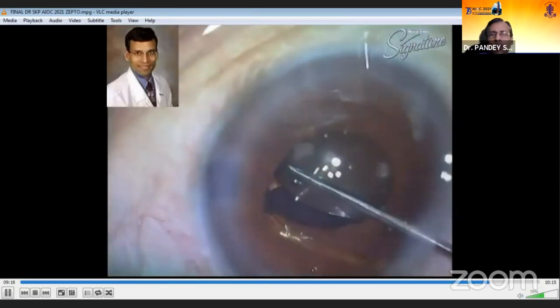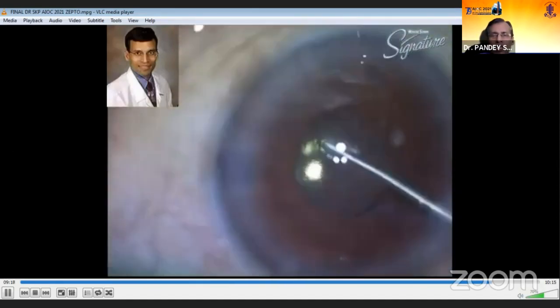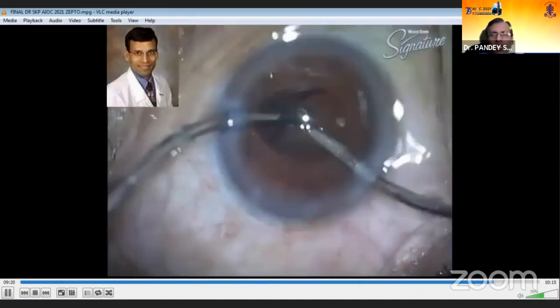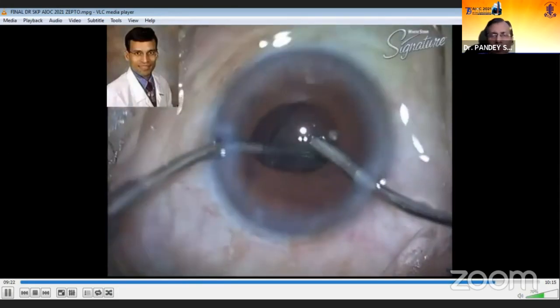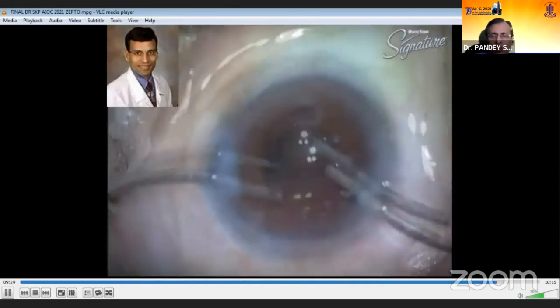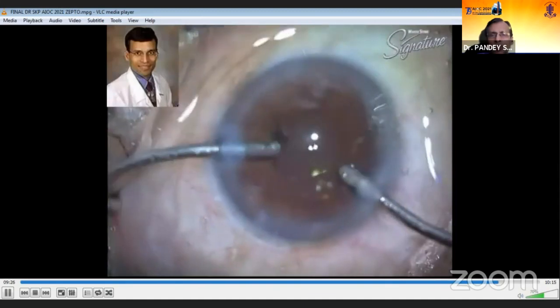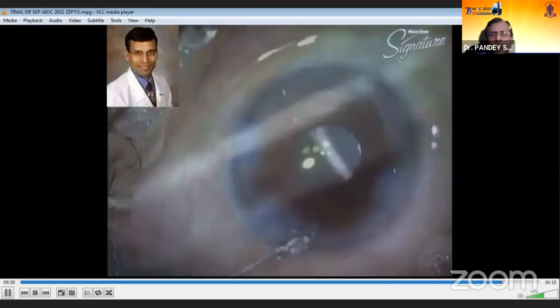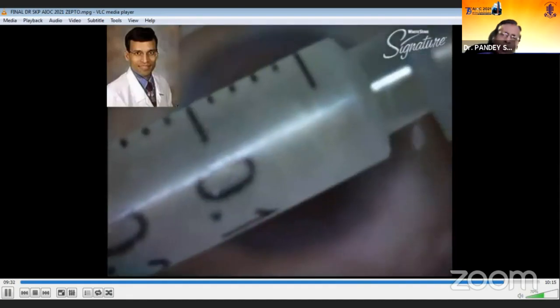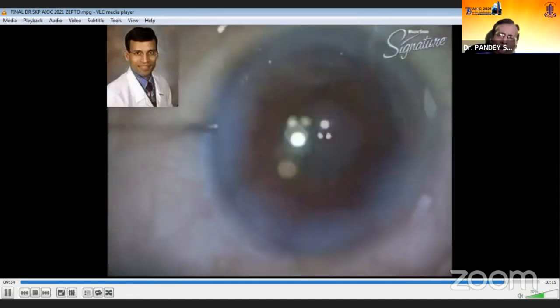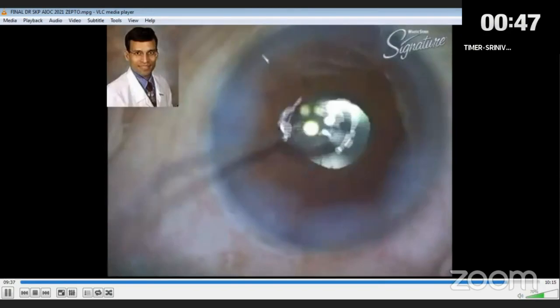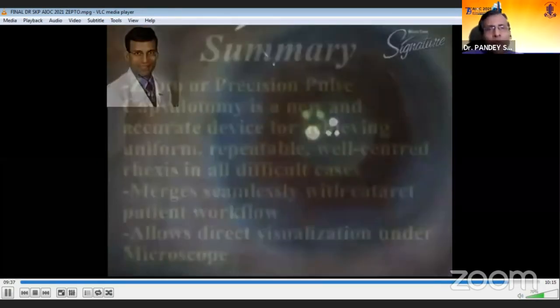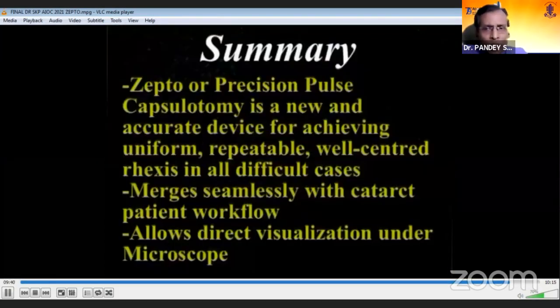So here you can see the lens being implanted in the capsular bag, and the pupil is smaller because we used the intracameral injection of Phenocaine in this case. So these are some of the advantages. We always use intracameral moxifloxacin in every case. And in summary, Zepto precision nanopulse technology is a very exciting development.